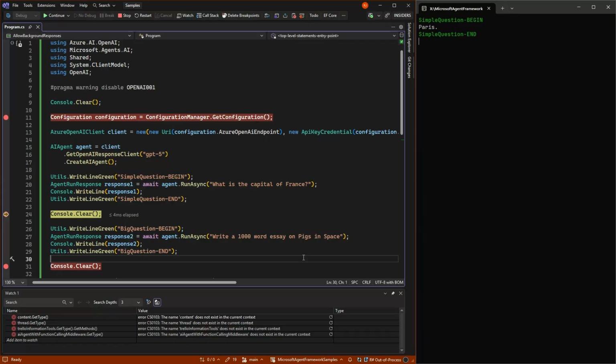Meaning there could be a lot of input or a lot of output. The main thing is it will take time to get back to us. Perhaps even so long that we need to set some timeouts up here. But the main thing is that we are blocked in our processes while we do this.